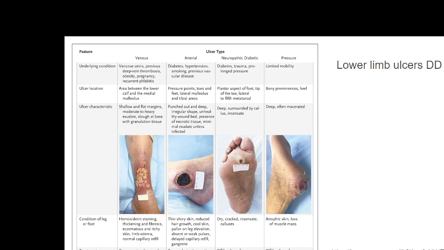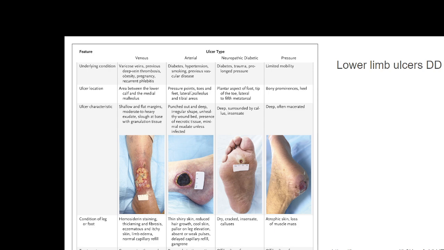Lower limb ulcers presenting in the lower limb could occur due to other causes also. Venous ulcers, arterial ulcers, neuropathic ulcers like diabetic ulcers, or pressure sores can also occur, and they have to be differentiated. The differentiation would be by the underlying condition. In the venous ulcer, there would be some underlying condition like varicosities, history of thrombosis, obesity, pregnancy,